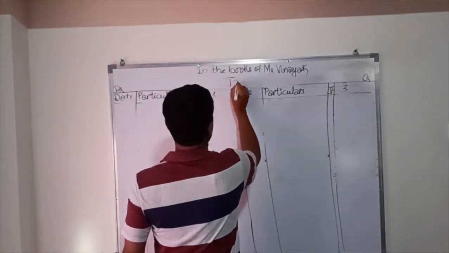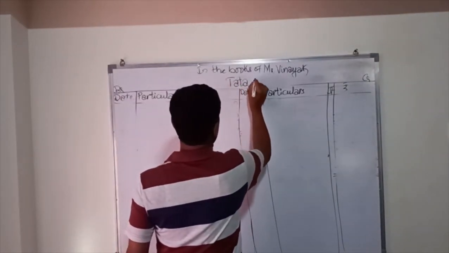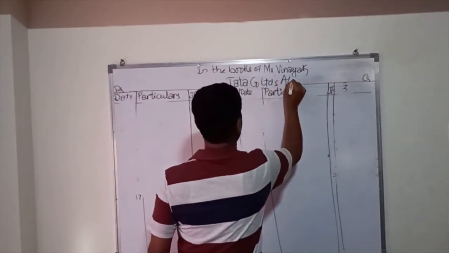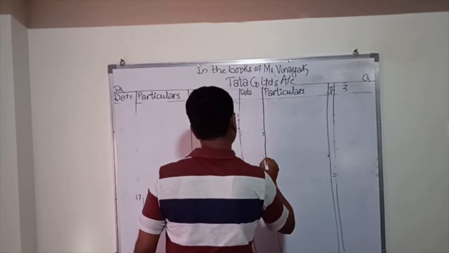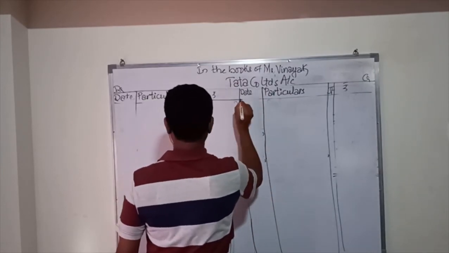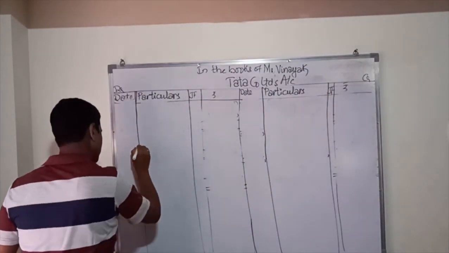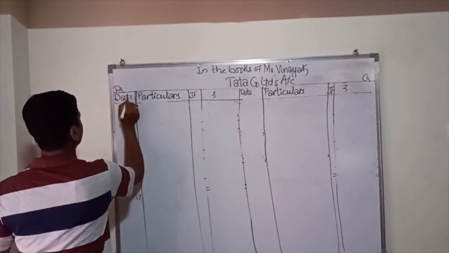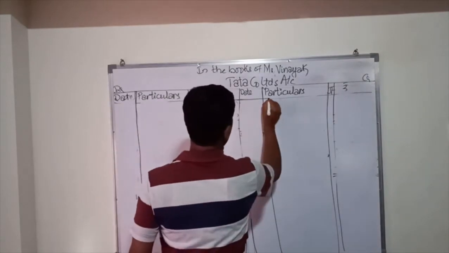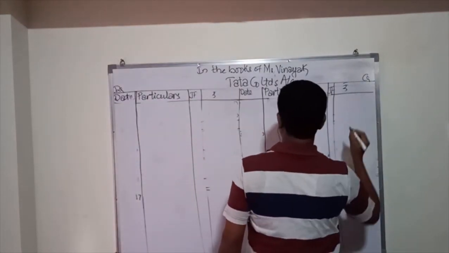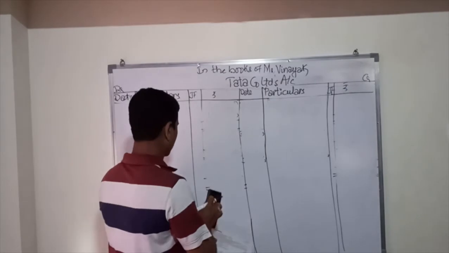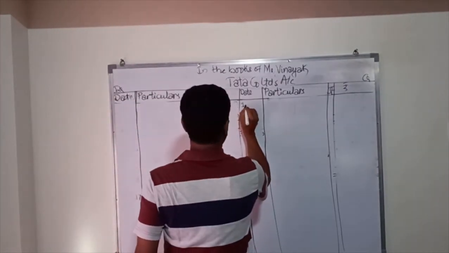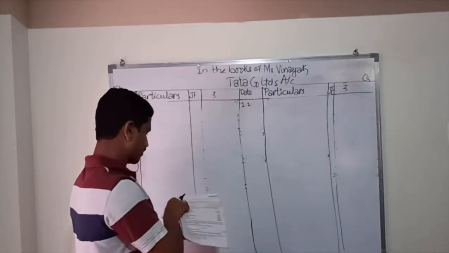So now let us go for preparing the Tata Company Limited or Tata Limited's account here. So these columns remain same here, that is the date and all these things. So when the down payment is due for payment here, so 1/1, the agreement date